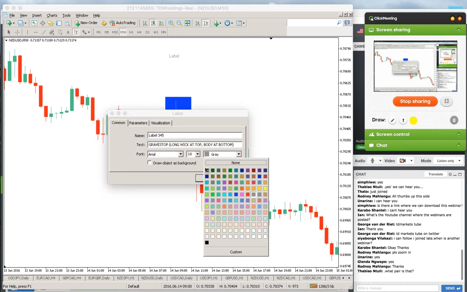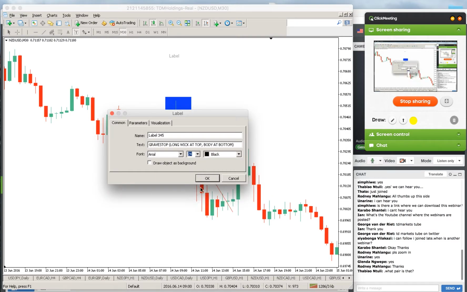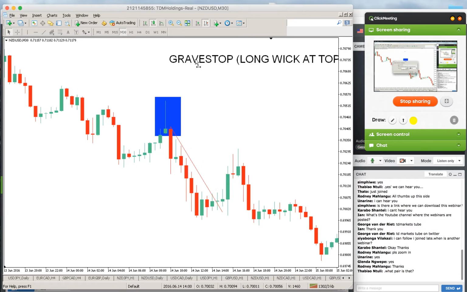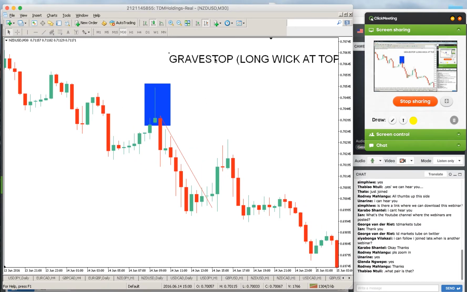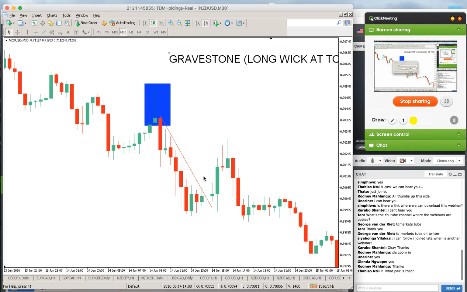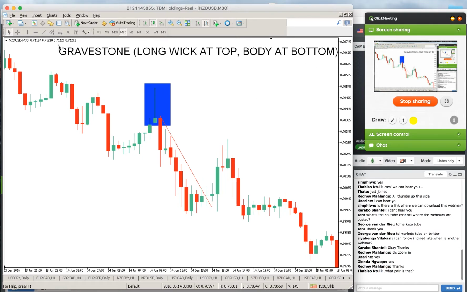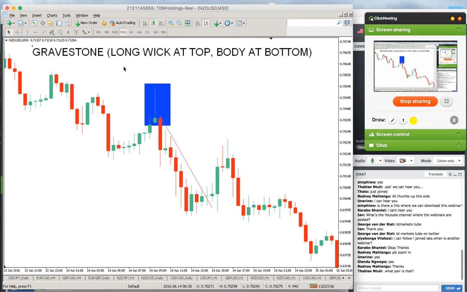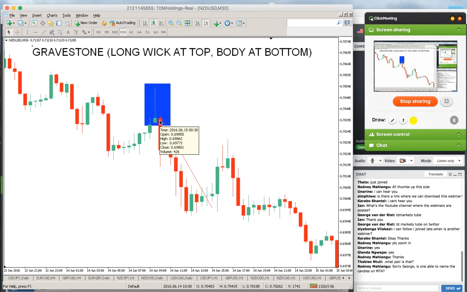Let's make this black, and let's make it 24. Oh, I can't spell. Sorry. Gravestone. Gravestone or shooting star, it depends what you want to call it. So gravestone, long wick at the top, body at the bottom, and it normally shows